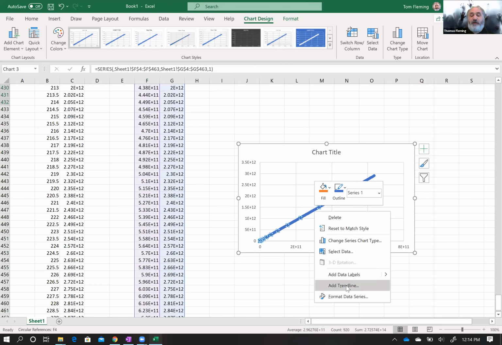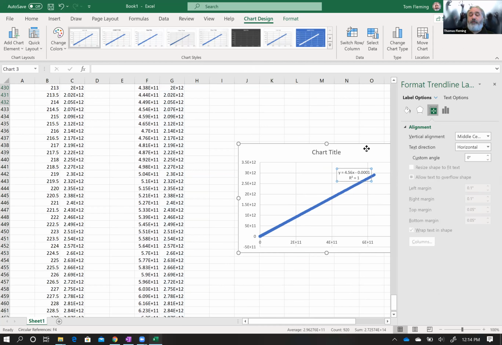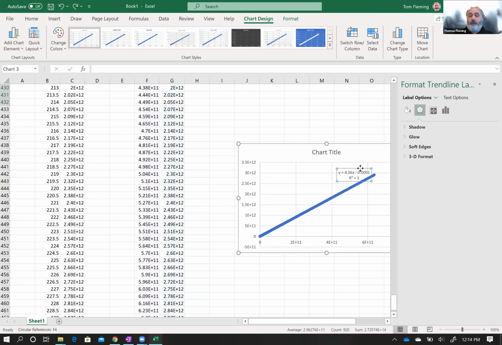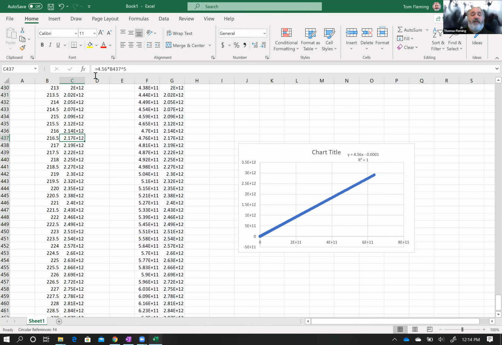now that I take that straight line, if I put a trend line on it, since it's linear, it's super easy. You can see the slope of that trend line is 4.56, which, when I made up all this data, you can see that it was 4.56 times x to the fifth power. So by taking my annoying curvy graph and plotting it in just the right way, I can end up with